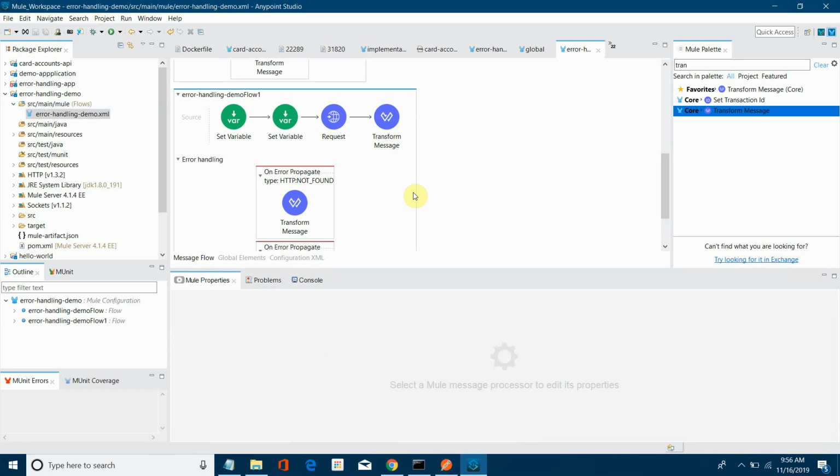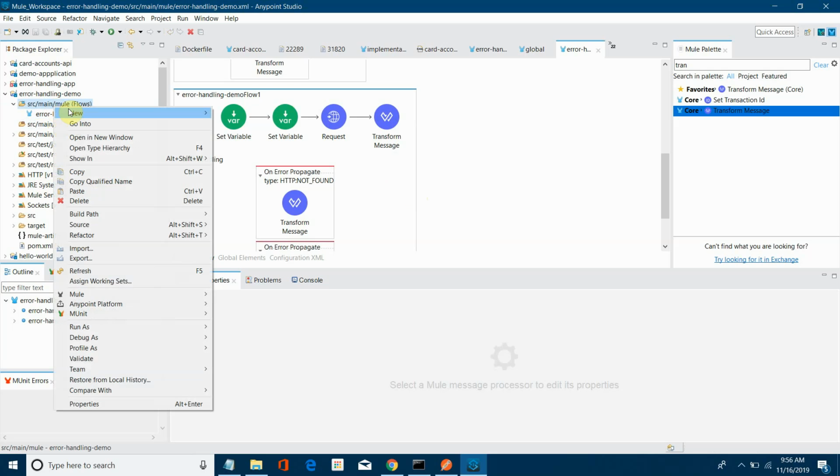Now the thing is that you may have multiple flows in one project, and you have to define the same type of error handling again and again for all the flows. To avoid this, we can have a generic error handling, so global error handling. For that, we will create one new